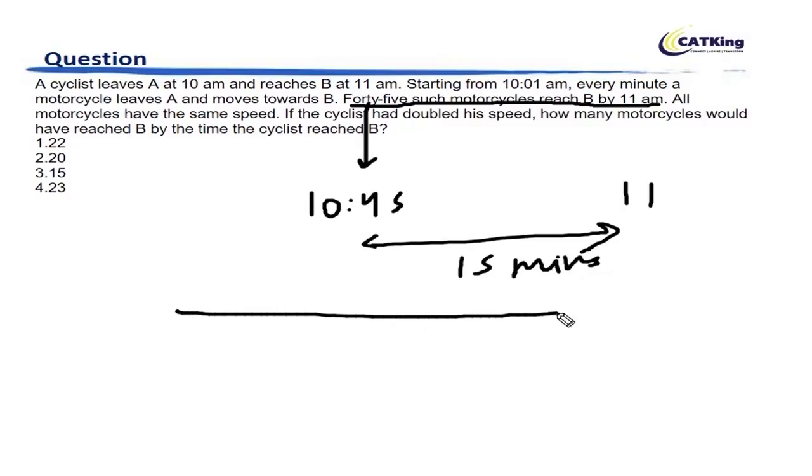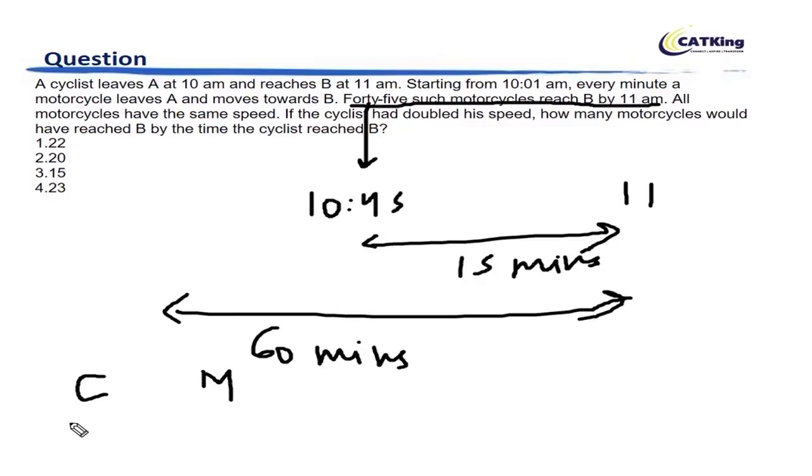The cyclist took 60 minutes for the same journey. So therefore, the speed of the cycle to the speed of the motorbike is 1:4, right? Now the question is, if the cyclist had doubled his speed,